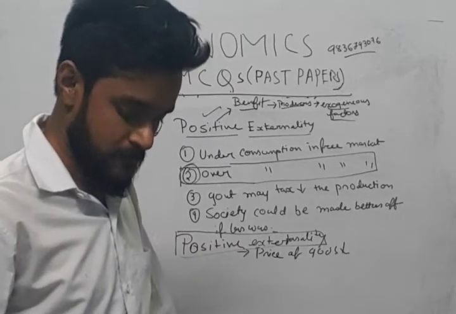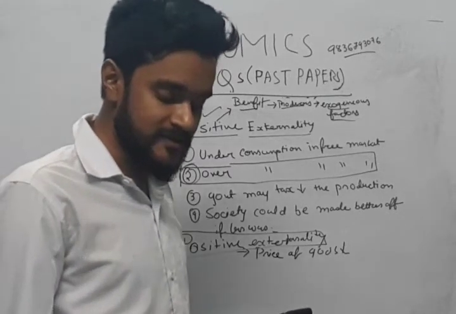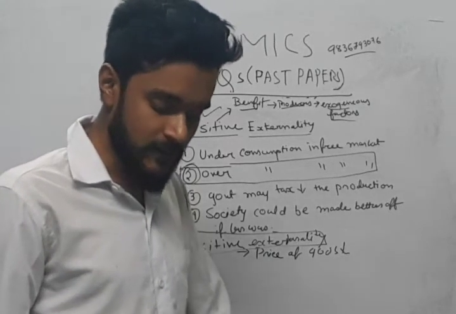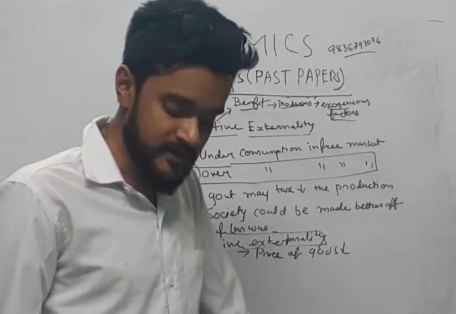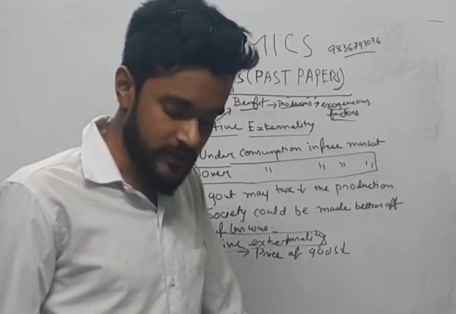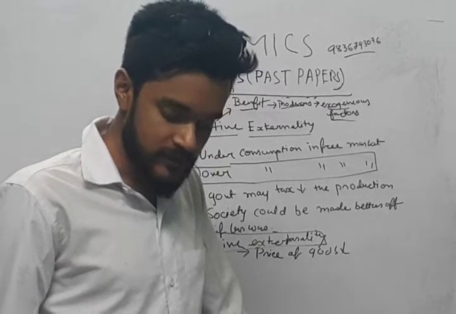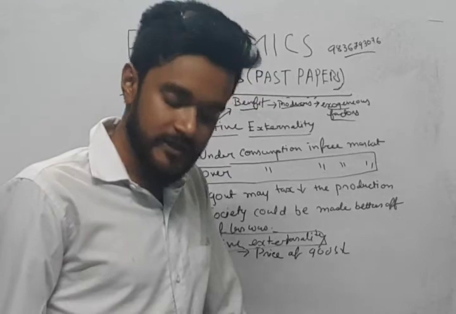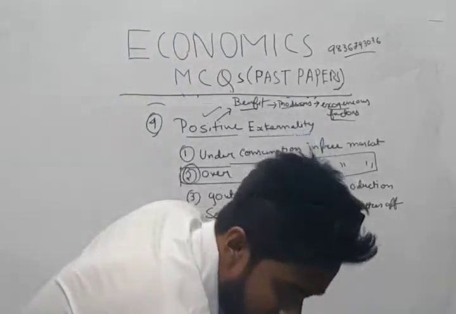So now we have come to the last question. In this question, street light is considered as a good example of public good. Why? There are 4 options given: because it is provided in public spaces, because its consumption is non-rival and non-excludable, because its consumption is rival but non-excludable, because its consumption is non-rival and excludable. We need not get into all this. All we have to remember is that in case of public good, what happens is,